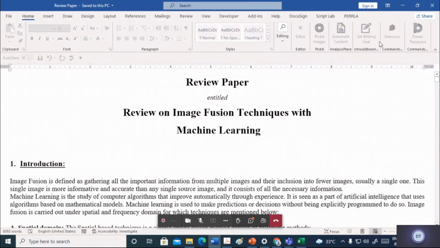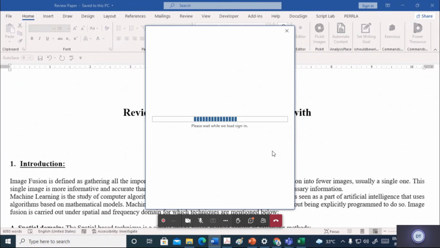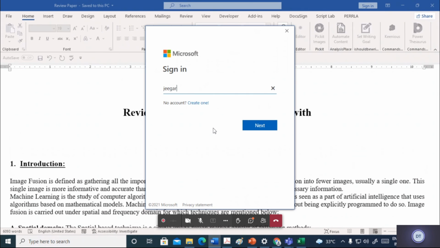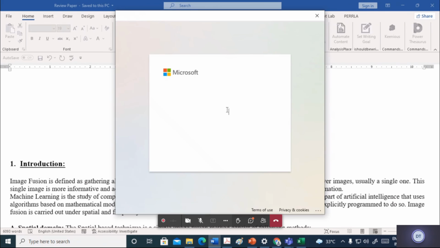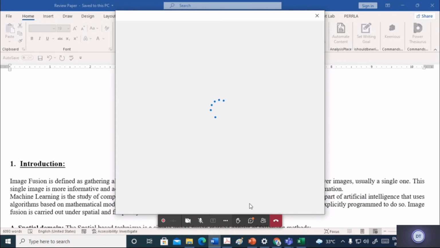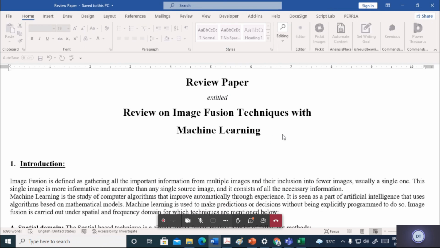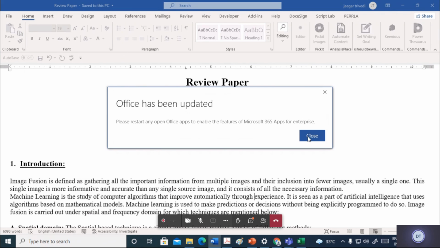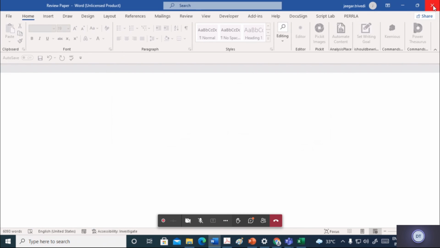Yeah, it asks for the sign in. Okay, it will ask to restart it.